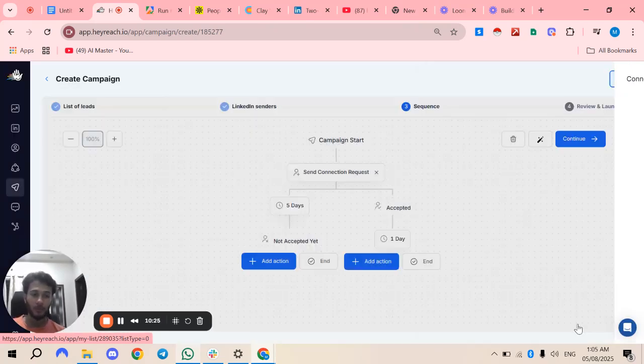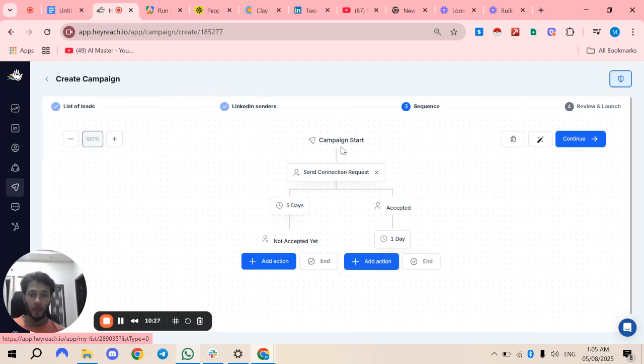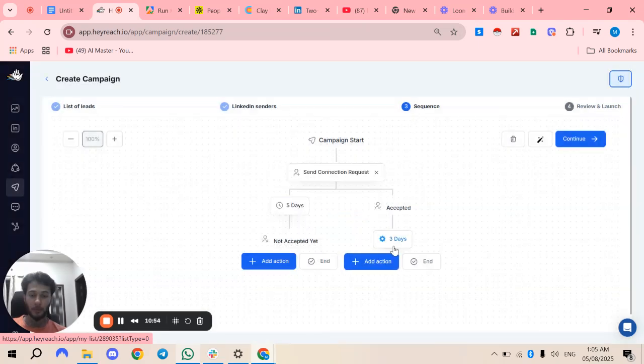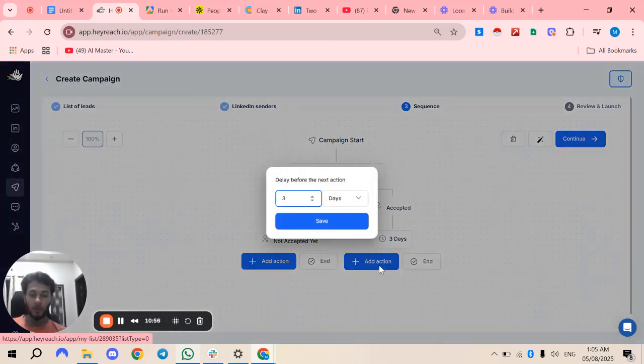And save, right? So now we have campaign start, send connection request, and it's going to send this message, right? So if the connection request is accepted, and if it's not accepted, we have two options. And if it is accepted, we're going to say after 3 days of accepting the connection request, we want this to be,